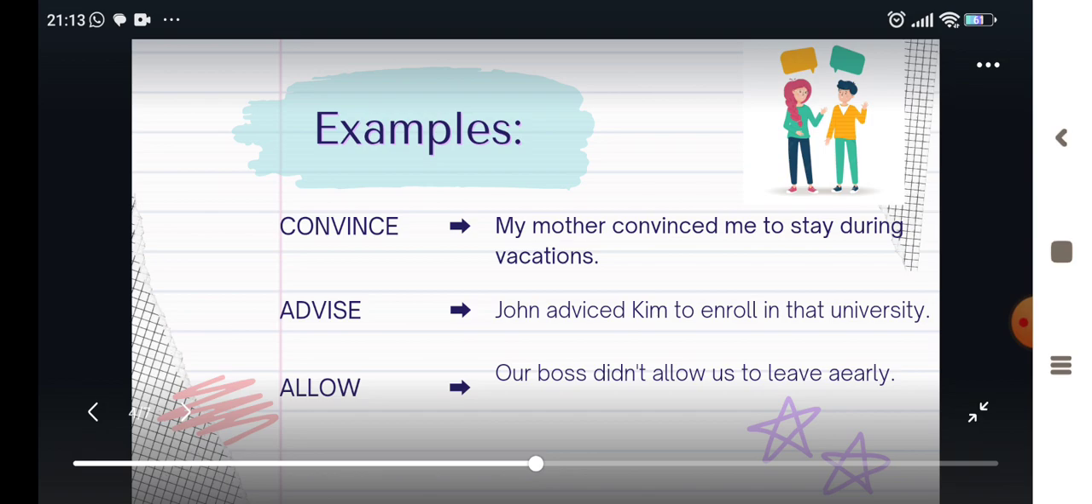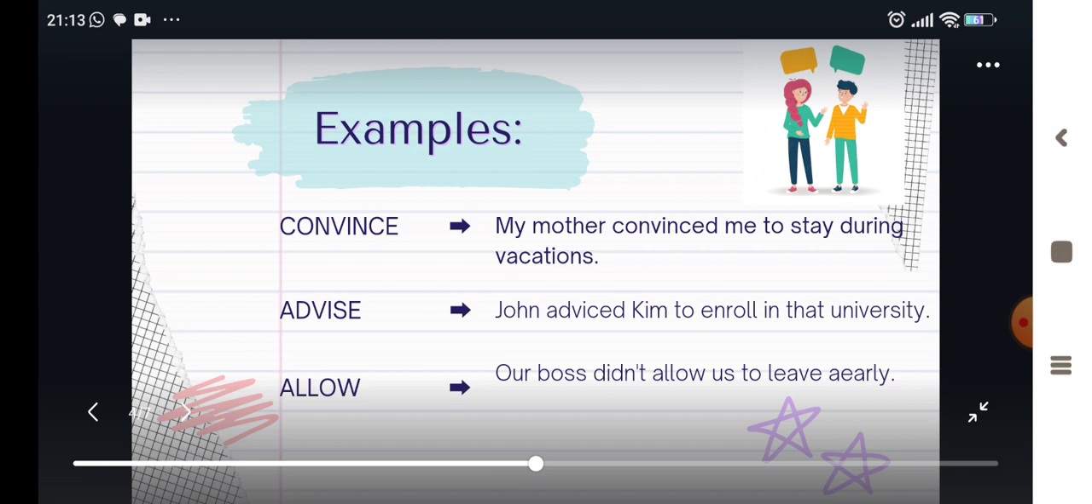With convince, for example, my mother convinces me to stay during vacation. Advise, John advised Kim to enroll in that university. With allow, our boss didn't allow us to leave early. If we notice, in these constructions, the direct object, as I said, is the performer of the action of the infinitive,